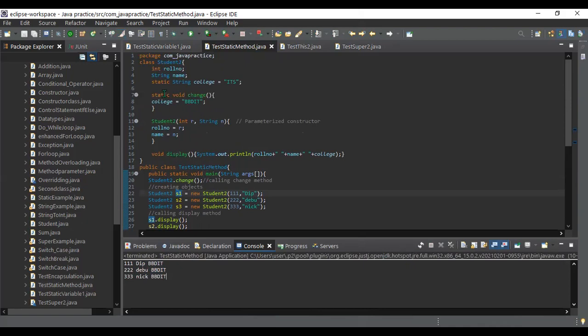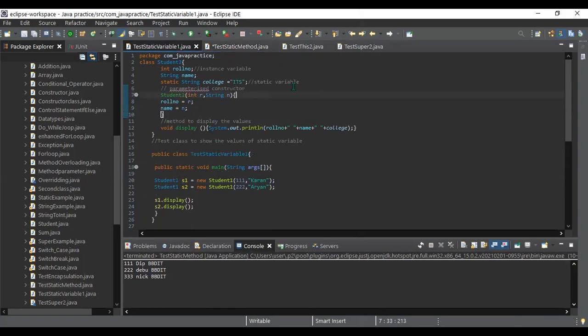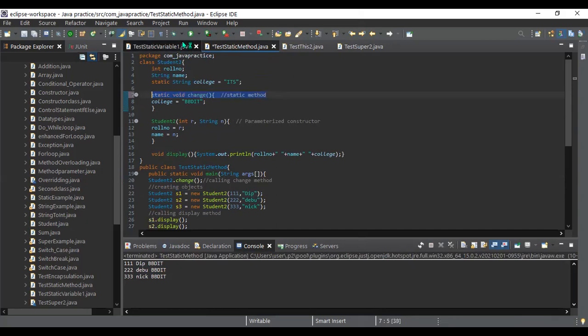So it is a static method. We look at the static method, and it's a static variable. It is called a static variable. There is a difference between the two examples, the static method and the static variable. Okay, so next is